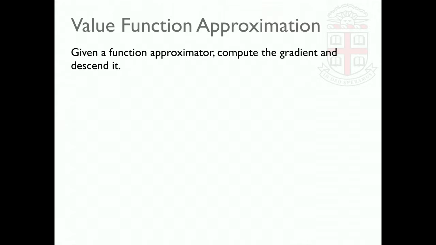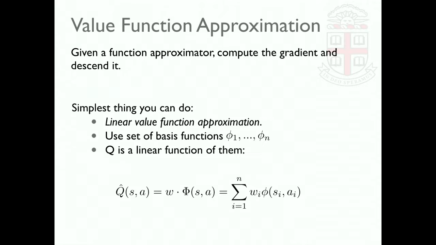Really what we've been missing for decades, because the algorithms used in all of the latest exciting things are actually not that different from what they were a decade or 2 decades ago. It turns out that representing things appropriately, having this powerful function approximator, was the thing that we were missing. So what's the simplest thing you could do, because you should always start with the simplest thing you could do,